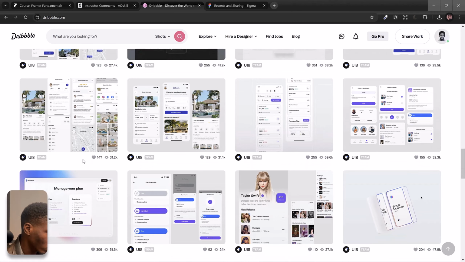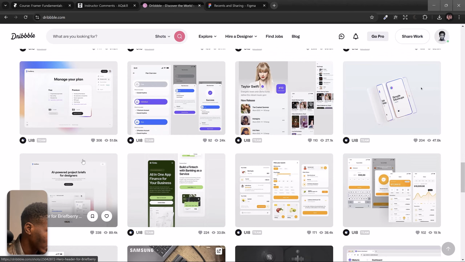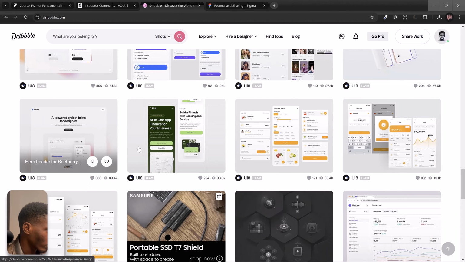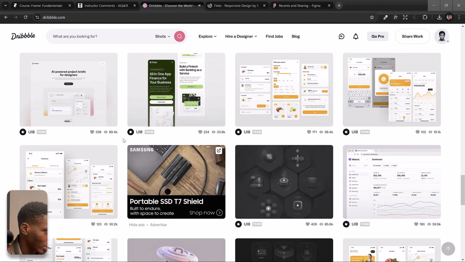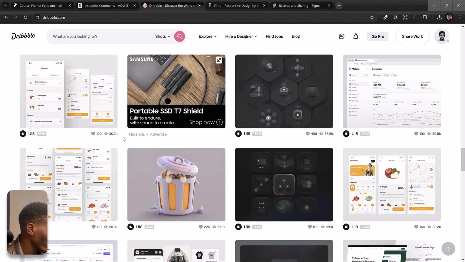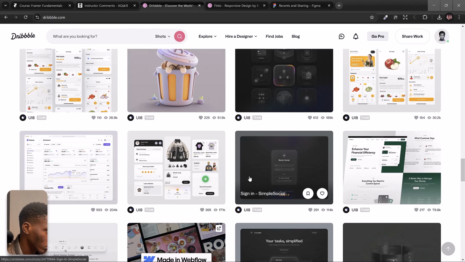I'm still looking. Okay, I'll just do a mobile instead. I will do a mobile, right? I think I'm going to do a mobile, and let me pick this one here, and I'm going to open that in a new tab. Let me see if I can have one more. Okay,